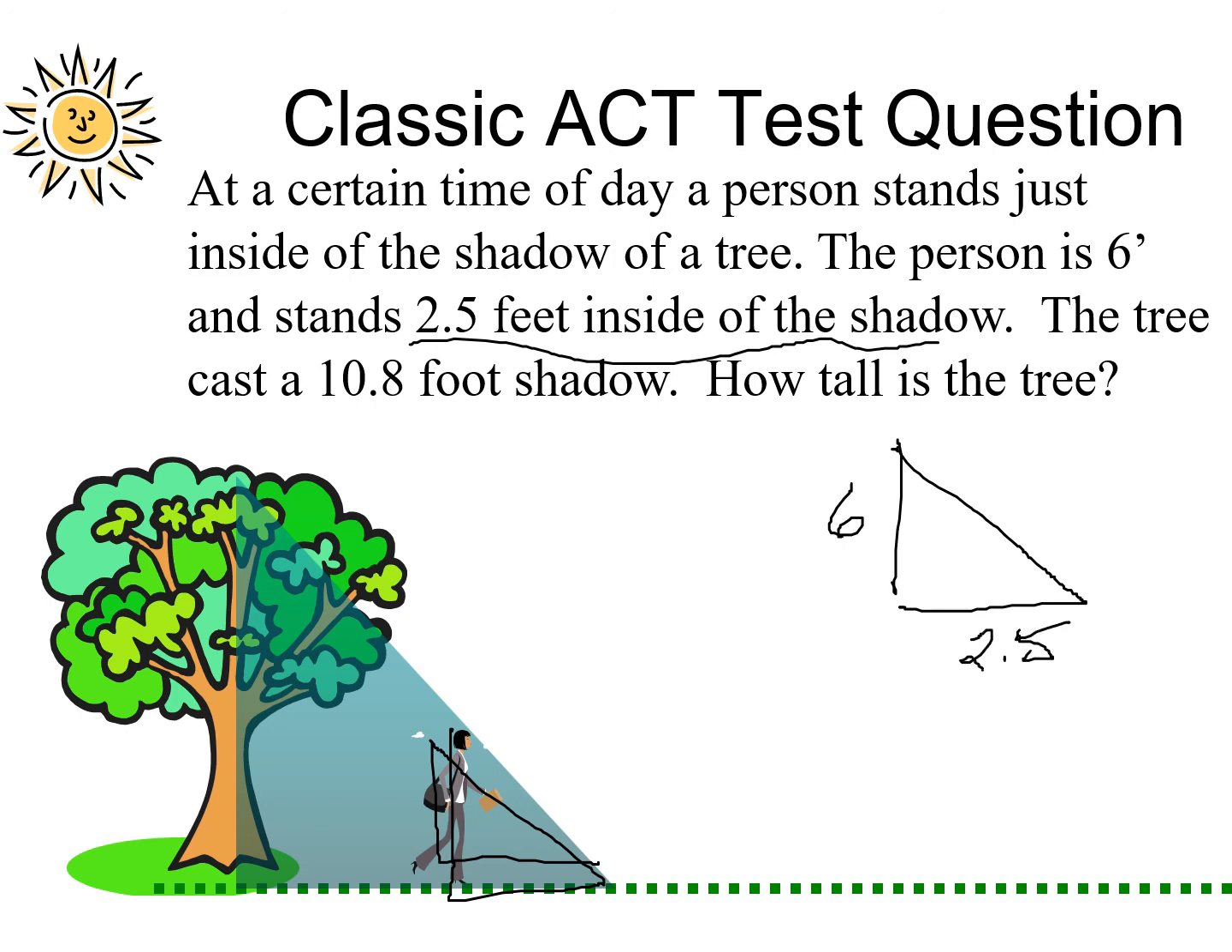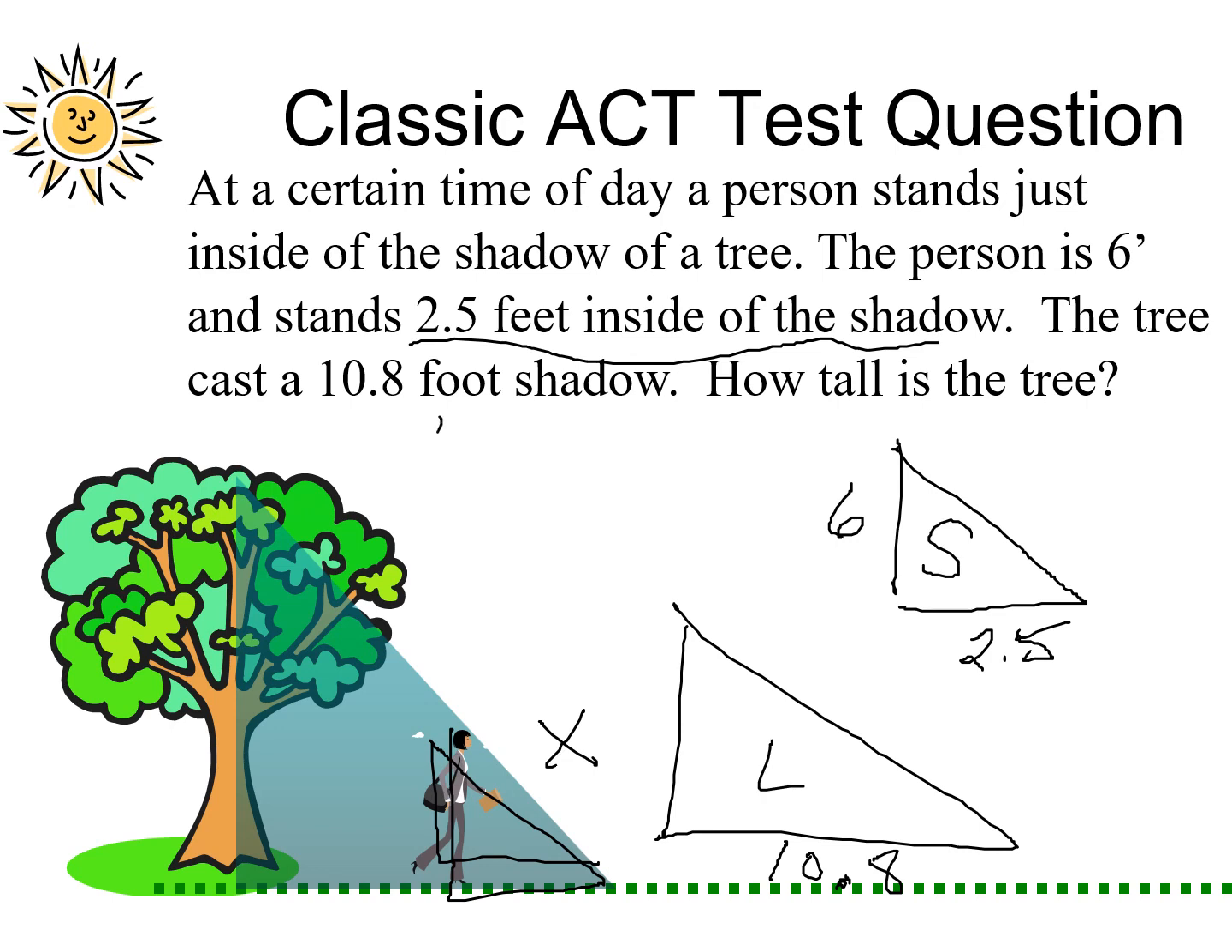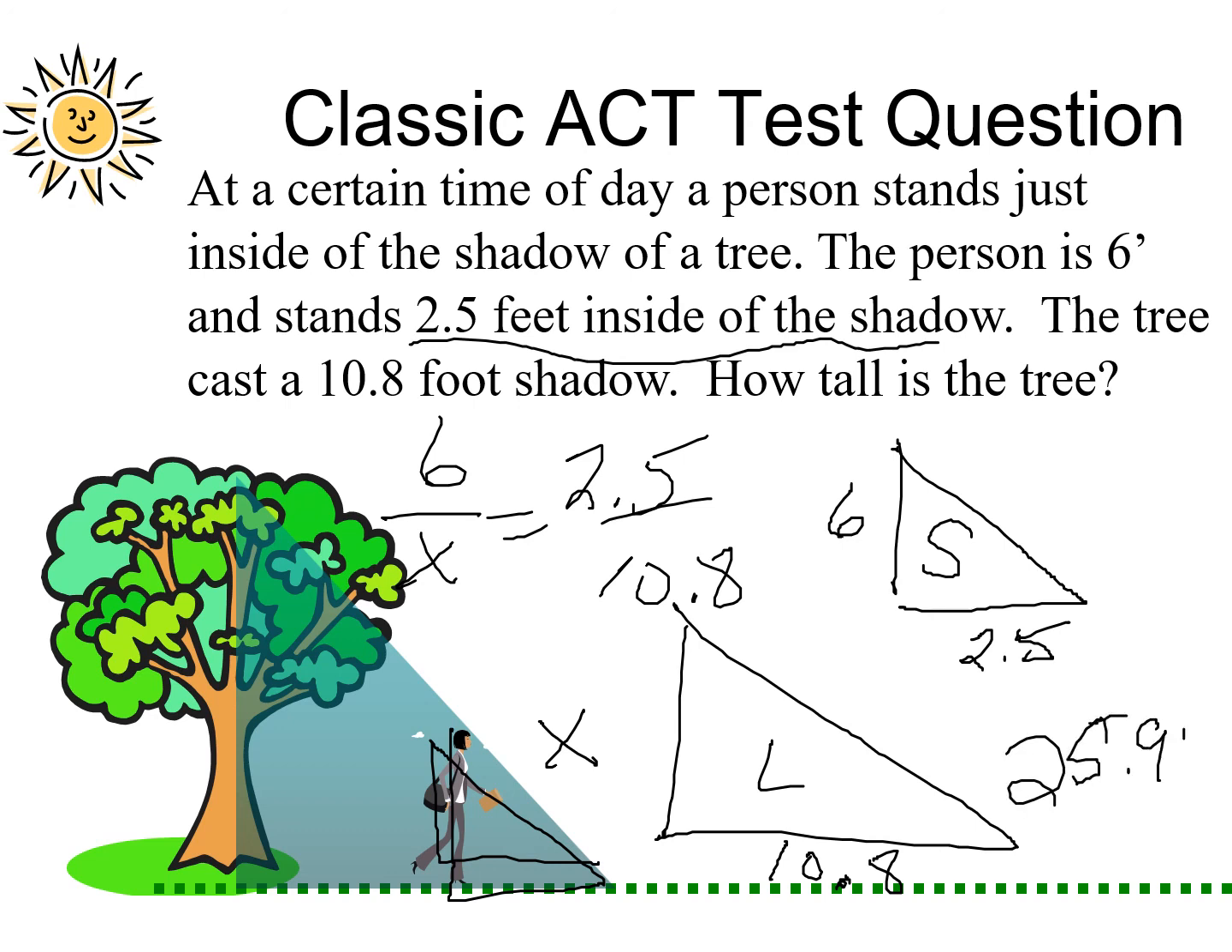So let's talk about right there. Notice how I'm redrawing the triangles. The tree, the big one, is what we're looking for, the height, and the tree has a 10.8 foot shadow. Now you're ready to set it up, small over large. 6 over x equal to 2.5 over 10.8, and you end up with 25.92 for the height of the tree. See, different tree. All right,